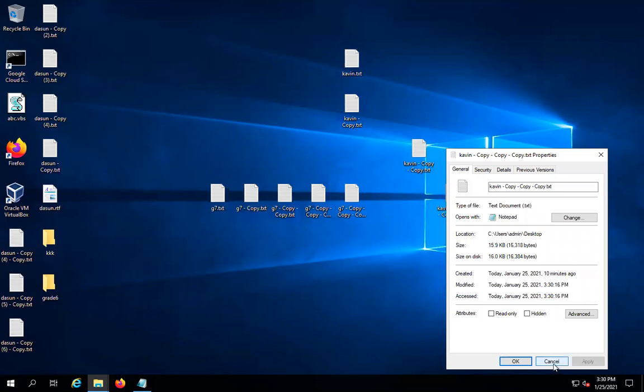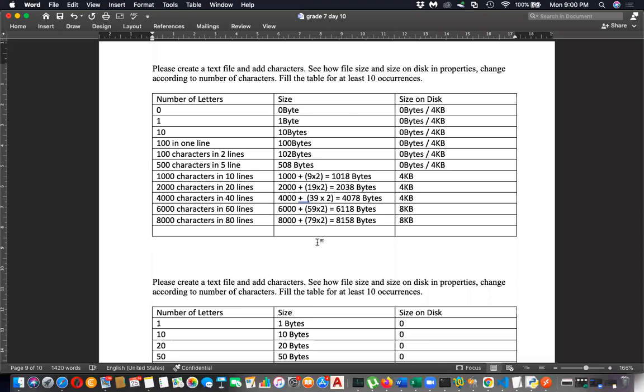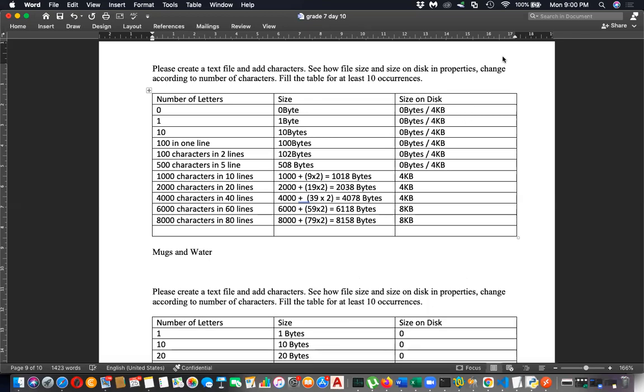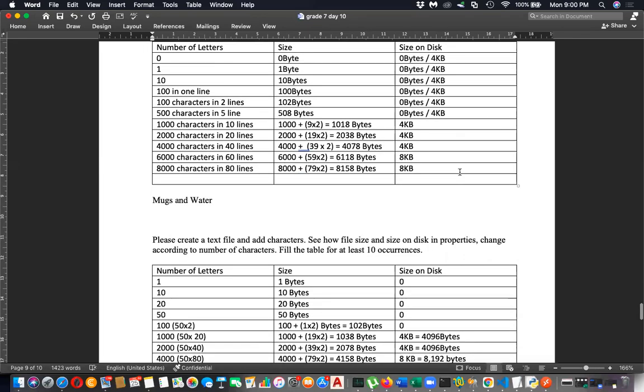So what is this? Basically, it's like mugs and water.